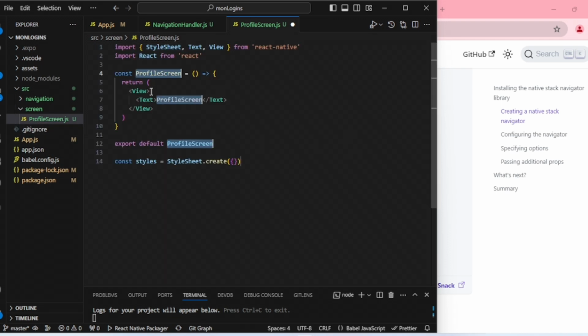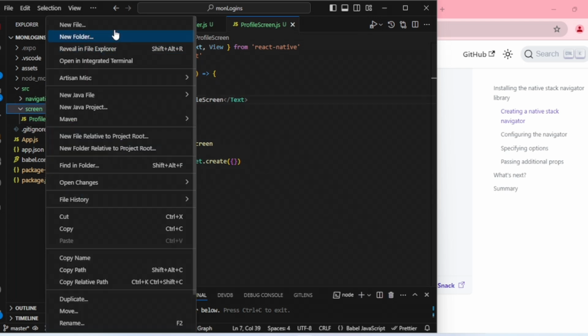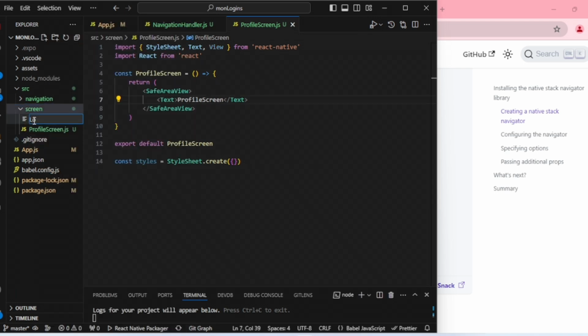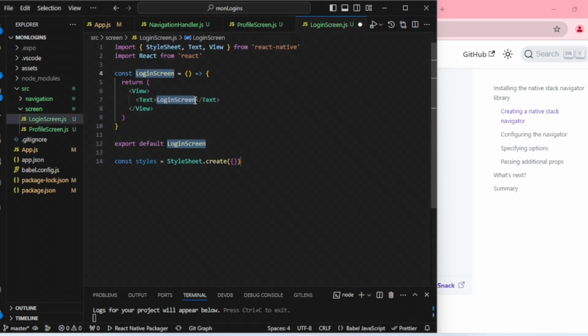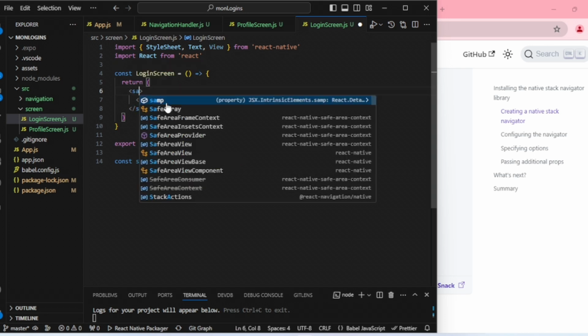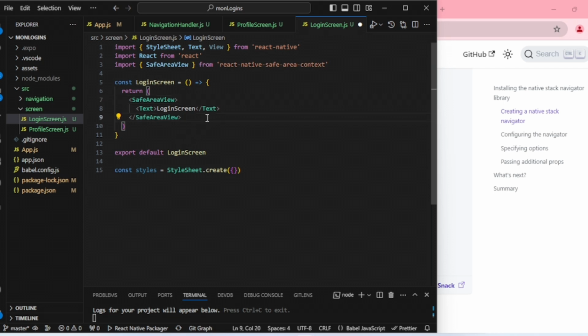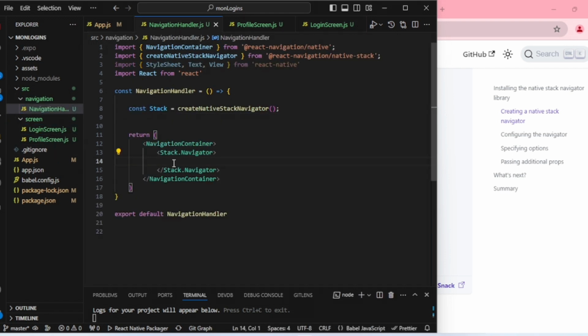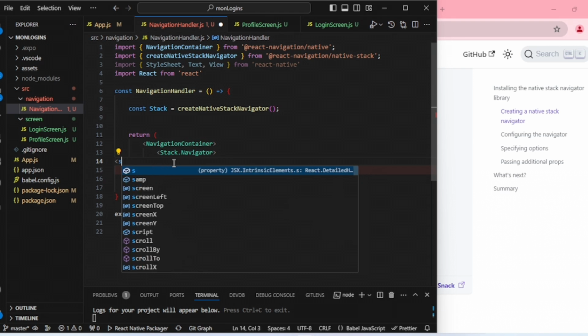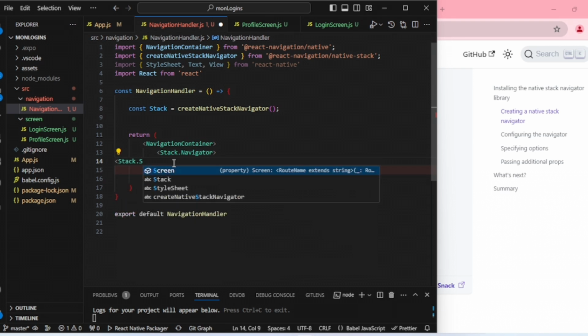Then I will just add simple. I'm using this extension to automatically write all these things. Okay, the basic. So I'm creating a new screen. I'll call it login screen. So that I will move the first screen to it. That's our first setting. Okay, now let's add. We are going to remove. Okay, let's